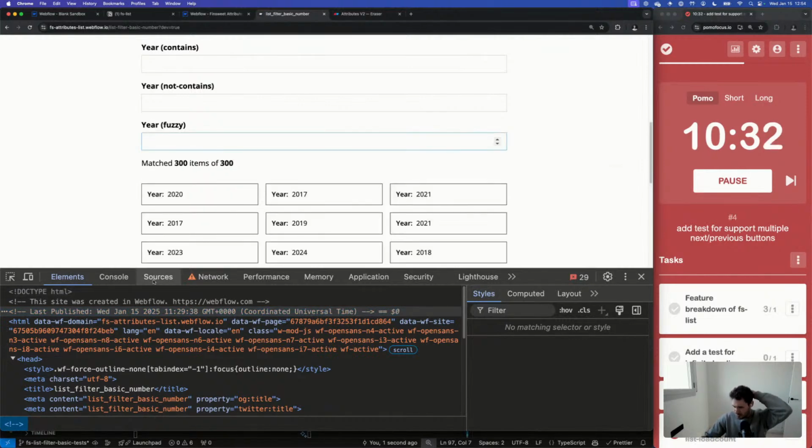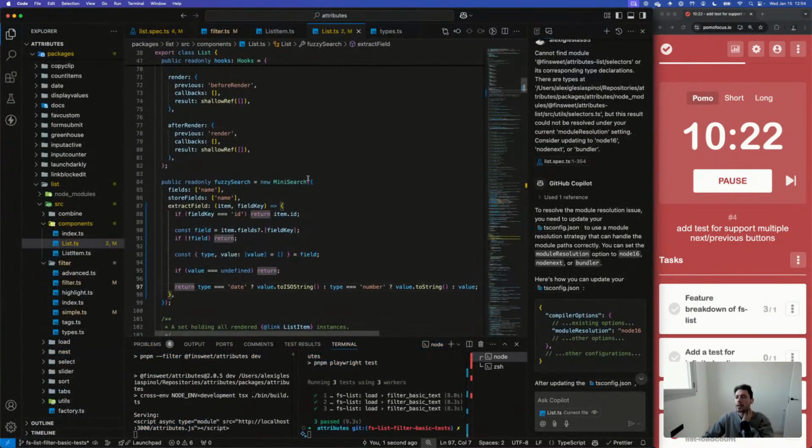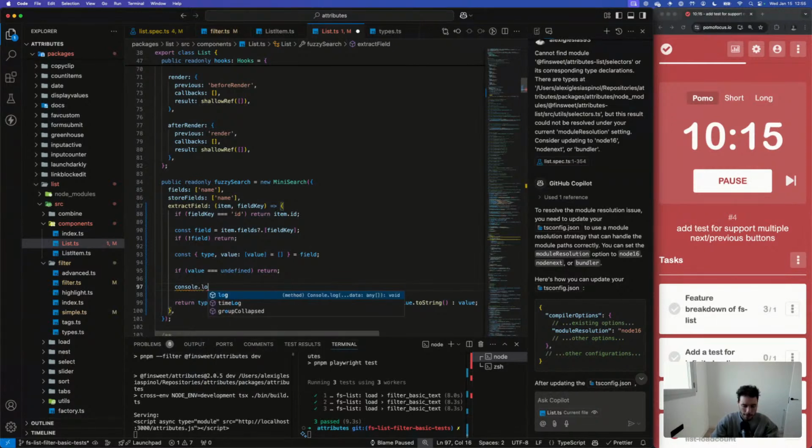Fuzzy, it's not working. Why is it not working? Let's console log here. It should be extracting.